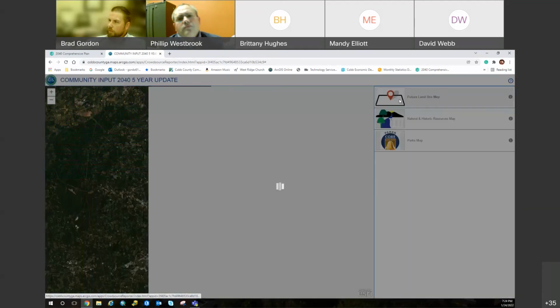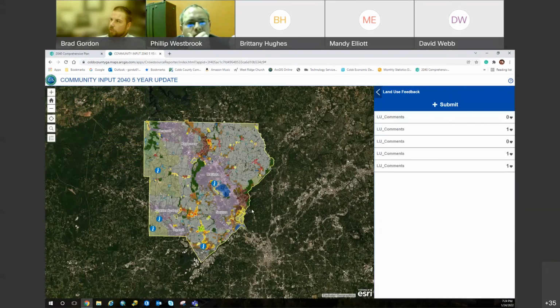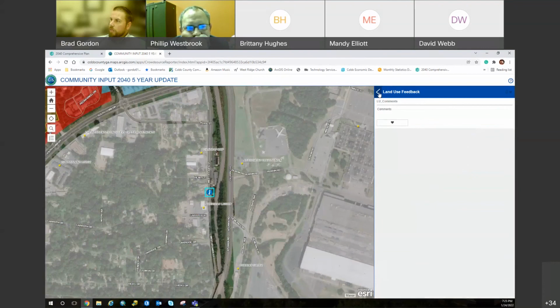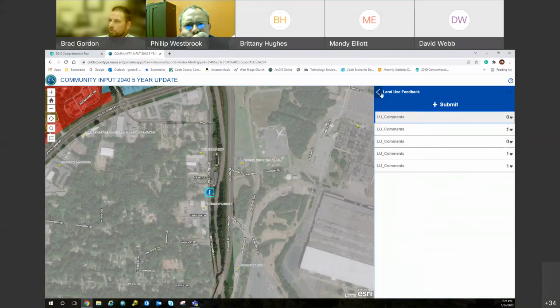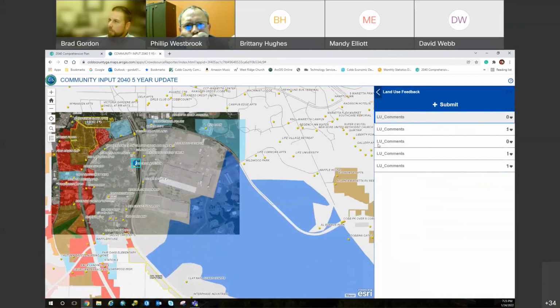And we will go ahead and go into the future land use map portion here. You'll notice on the right hand side, it allows for comments. Once you hit submit, the comment will show up here. You can see that people have already posted some comments on here. You can like certain comments. Once you click, you can see what the comments are, and it zooms into the different locations, and then you can like those if you want to.